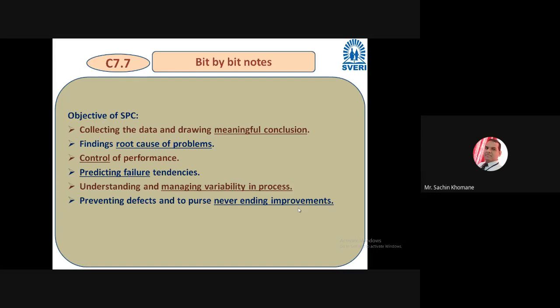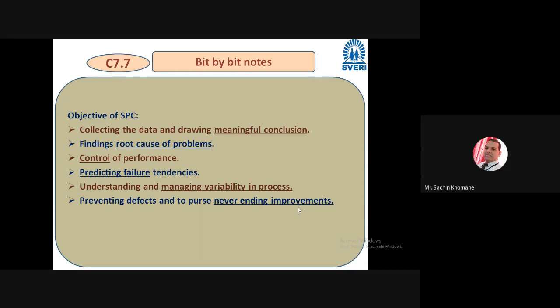As it is common sense, that particular production manager will immediately go to that bending machine operator and ask him that you are having the problem. I have checked 10 components out of your hundreds and I found only your machine is having a problem, that is bending. Who is doing the bending of that plate? It means you found the root cause. You will not waste your time on the remaining people. What are the remaining people doing? Getting. So now he will say, sir, I am performing well.